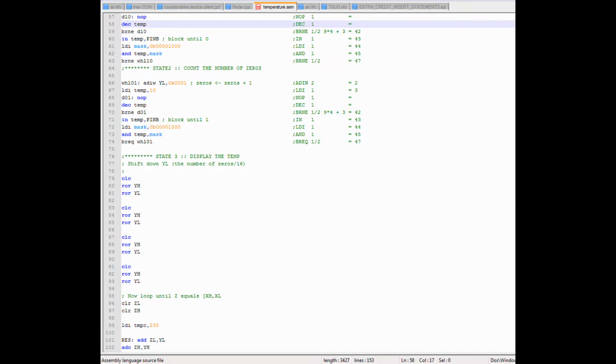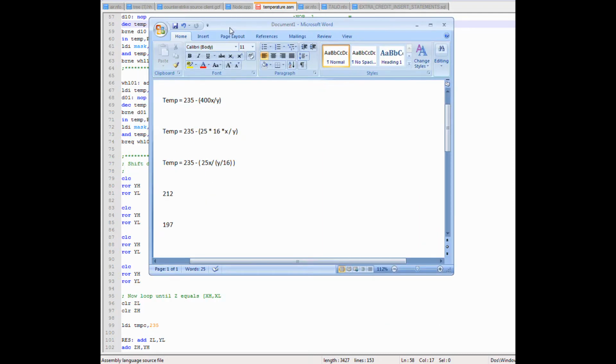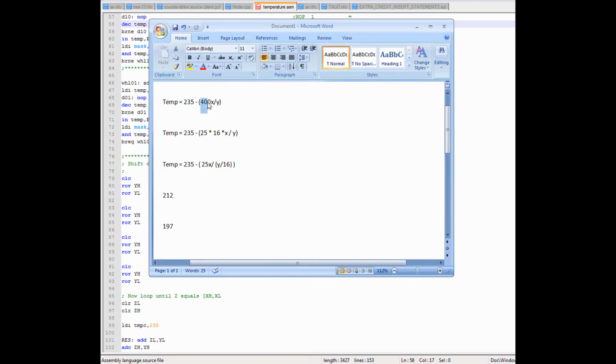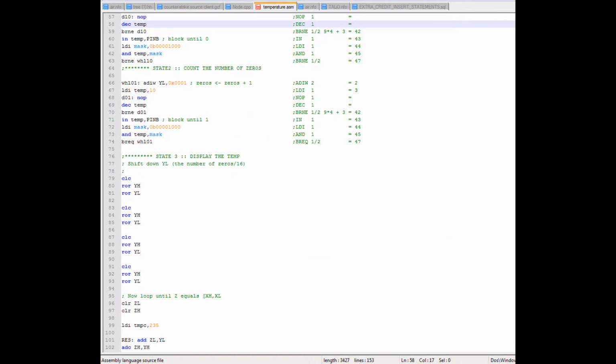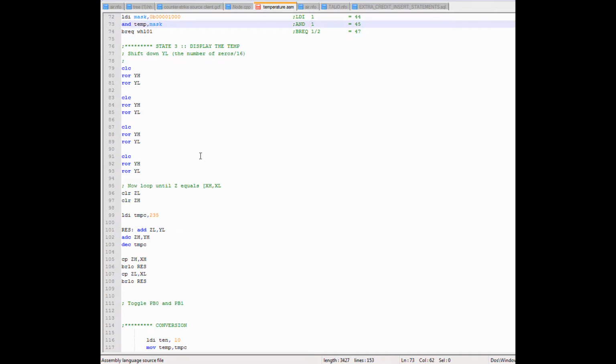So to rearrange this, you can take the equation, split the 400 up into 25 times 16, which just equals 400 again, and then move the 16 from the numerator into the denominator, and it effectively does y divided by 16. So then you only have to do 25 times x and y divided by 16, which is a little more manageable than x times 400, which could potentially give us too large a number. The y divided by 16 can be accomplished pretty easily by a logical shift right, and that's what happens here